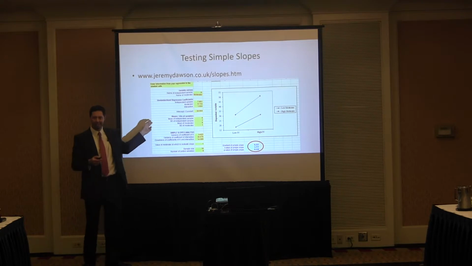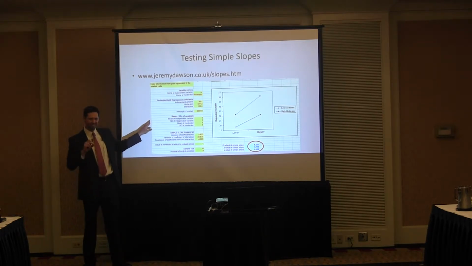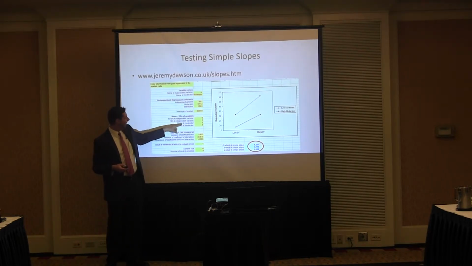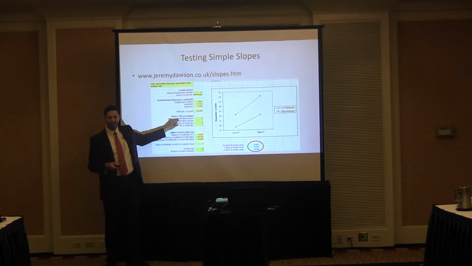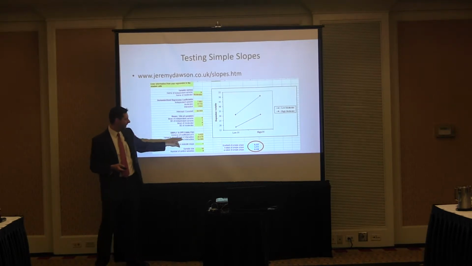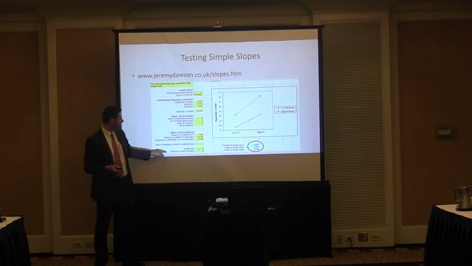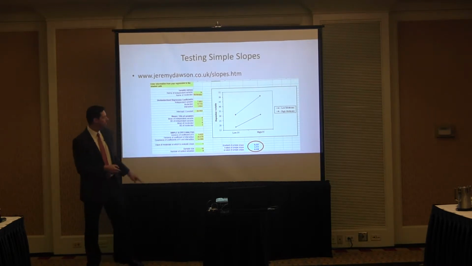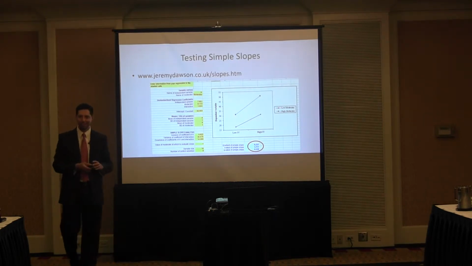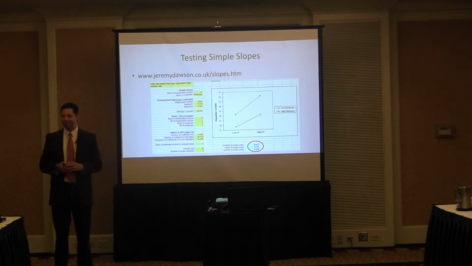Further down on Jeremy Dawson's page, testing simple slopes is one of your options you can click on. You'll notice this part here is the same as up here. You can leave this as it is because the mean is 0 and the standard deviations are already set to 1. Here, I had to use the data to come up with the variance of these things to plug in the covariances. But if we wanted to test the simple slope at this condition where it's -1, low on the moderator, and low and high in tests of moderation mean one standard deviation high, one standard deviation low.